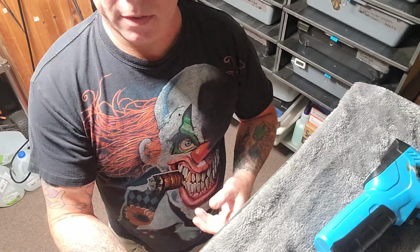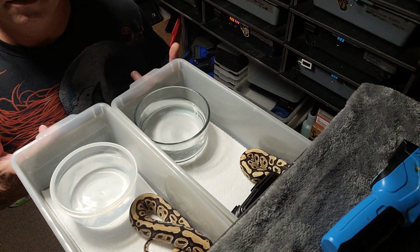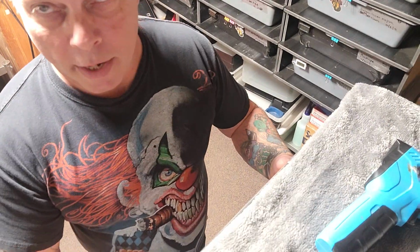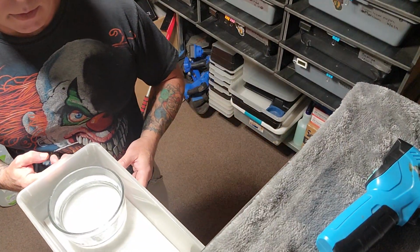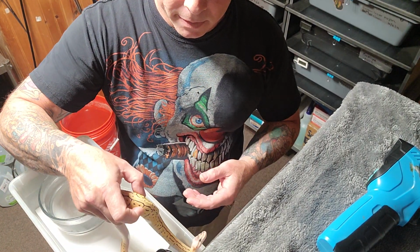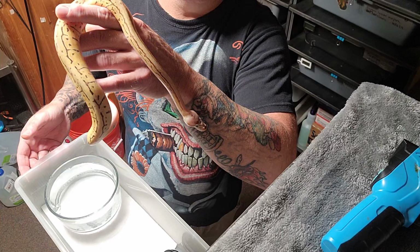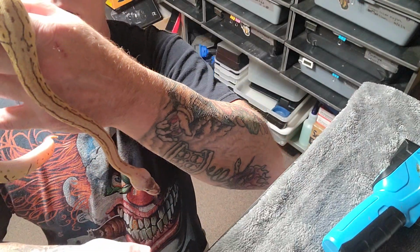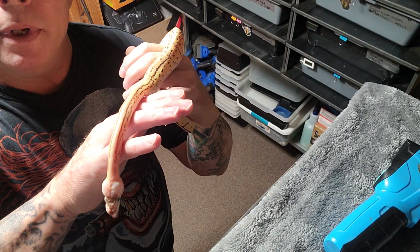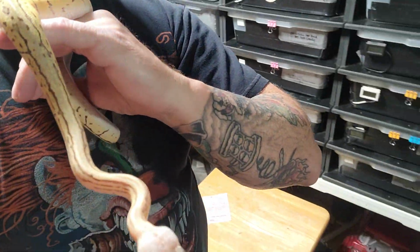Alright, this is Peanut. This is also a clutch mate to these two fires. This is a dragonfly. And Peanut, look how much smaller she is than her brother and sisters. And this is a dragonfly, and this is also a combination you can get from a pinstripe to a firefly. You get this girl,